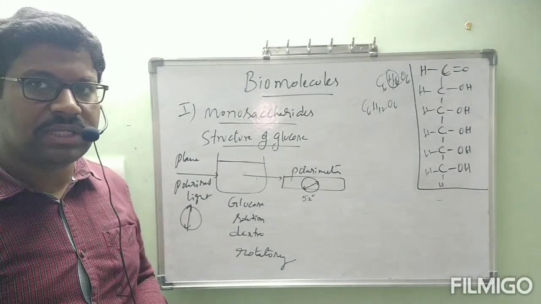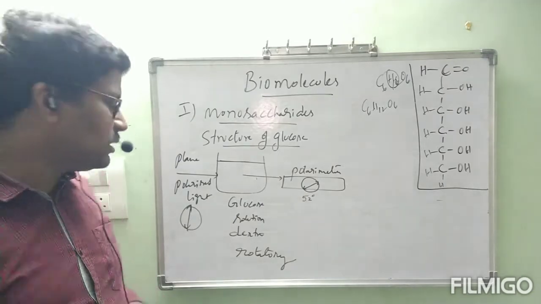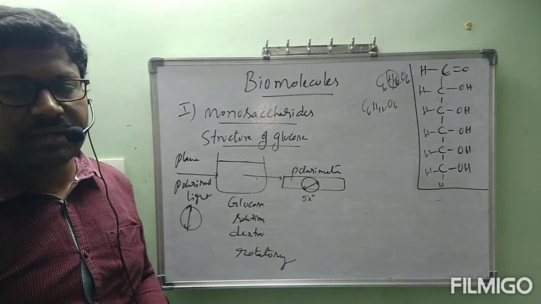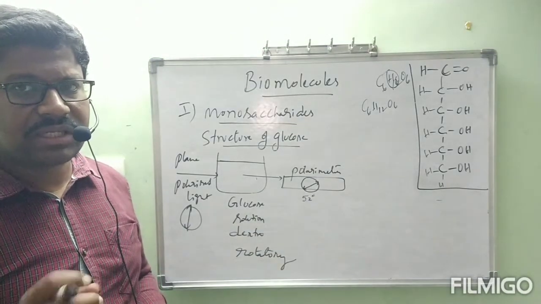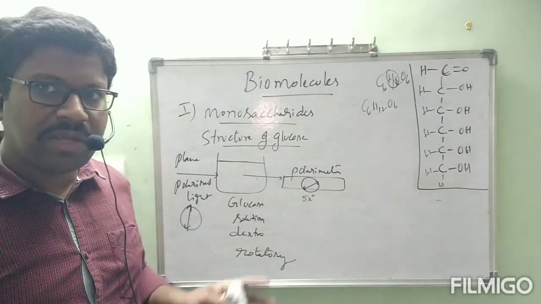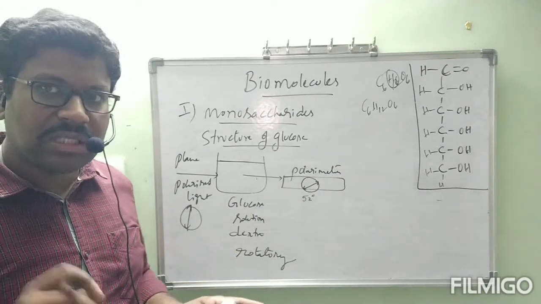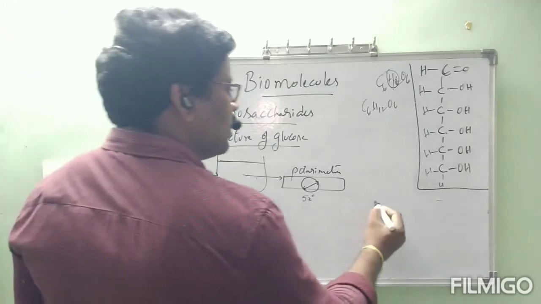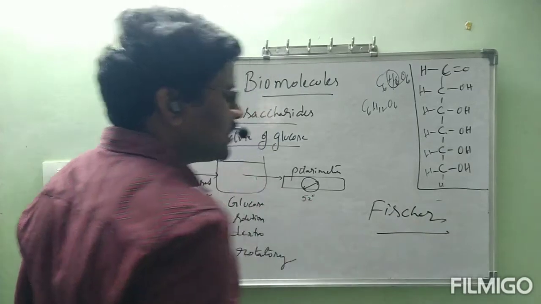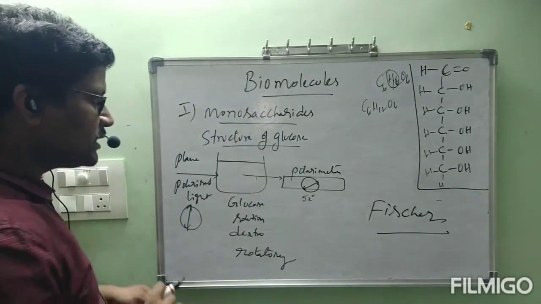Optical activity of glucose is nothing but glucose will turn the plane polarized light towards the right side by a particular angle, 52 degrees. By that we can understand it is dextrorotatory. By using all these steps and the optical activity data also, Fisher gave the structure of glucose as